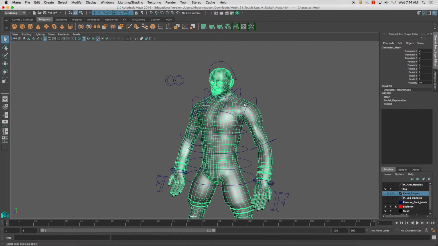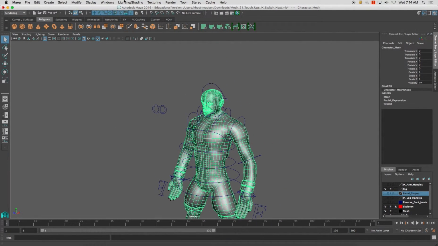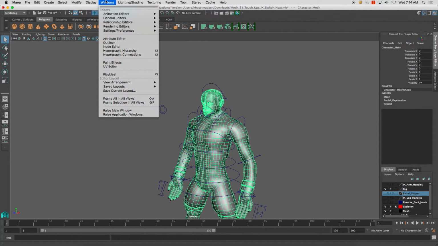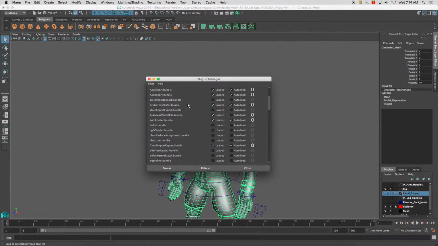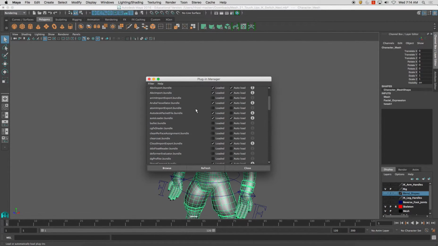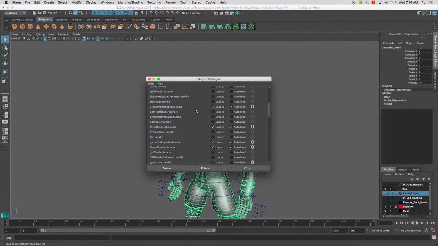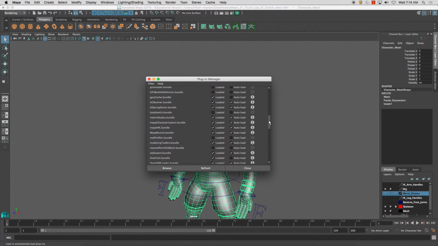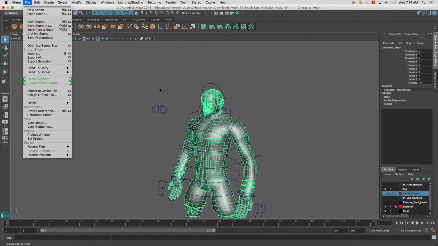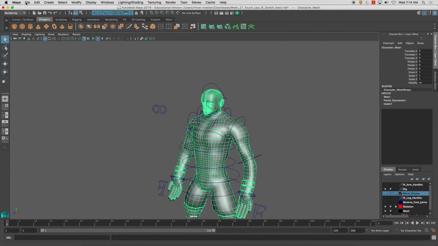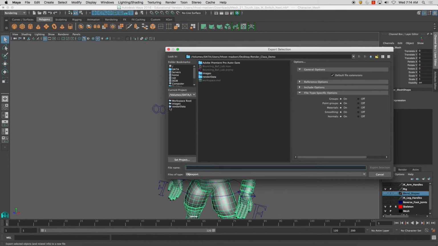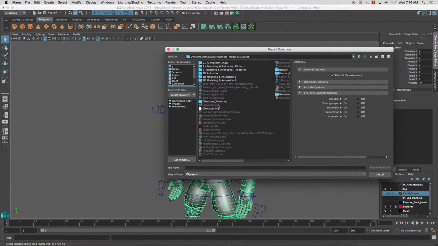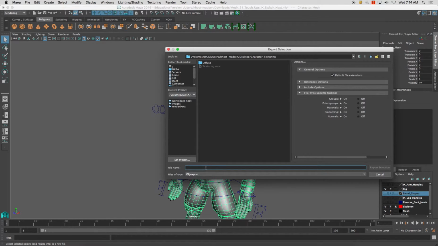I want to make sure that I've got my OBJ export on, and that's in my plugin manager here. Scroll on down to, it's called like obj export.bundle or something. There it is. Make sure it's loaded and auto load. So now that I've got my mesh selected, file, export selection, desktop, character texturing, and I just have a folder